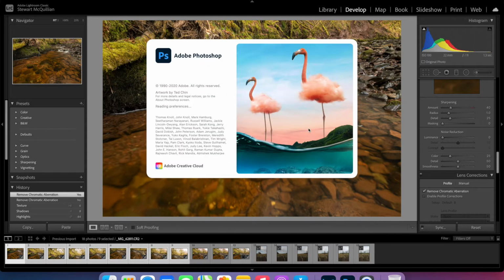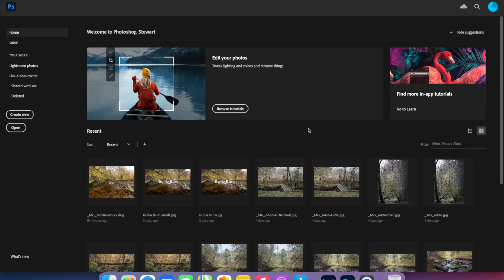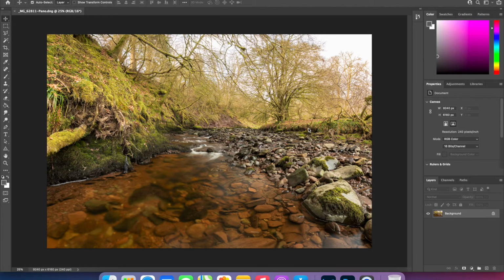that will then take the image and soon the picture will load. It's just taking a wee while because it is quite a significant size. So if I zoom in on that